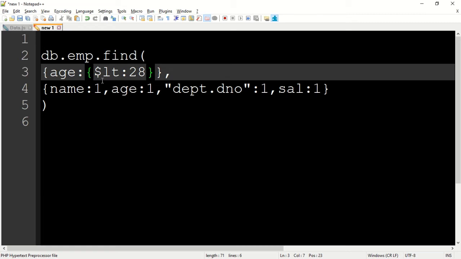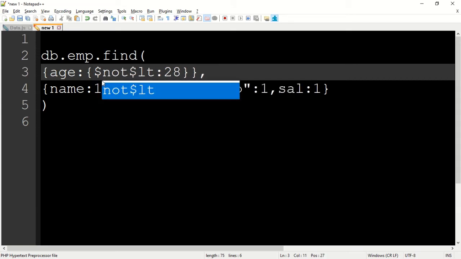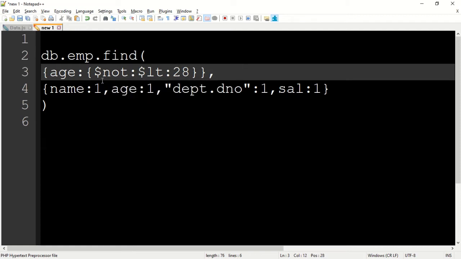So we say $not, colon, and then we have the curly bracket open, curly bracket open, and a curly bracket close here.